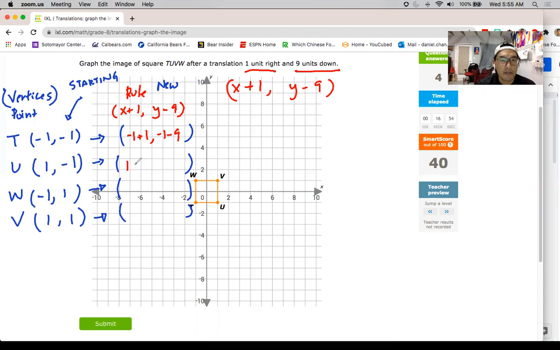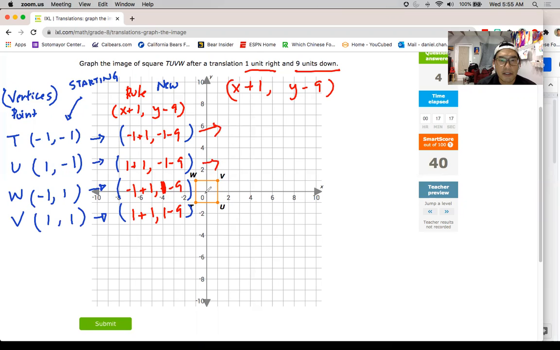I'm going to go 1 plus 1, -1 minus 9. I'm going to go -1 plus 1, positive 1 minus 9, and then 1 plus 1, and then 1 minus 9. And that gets me